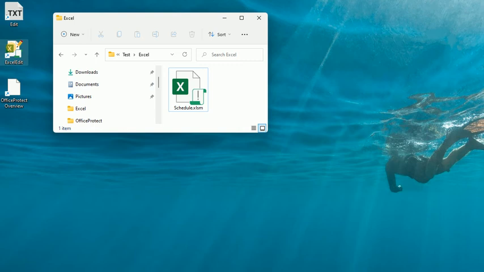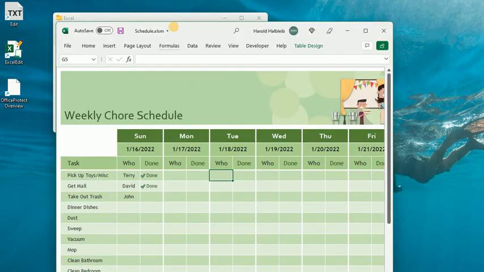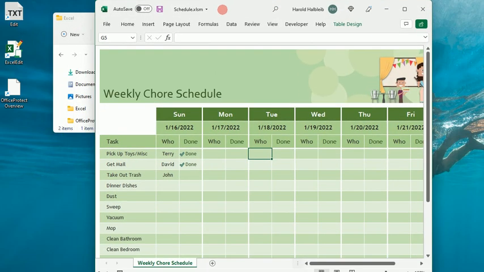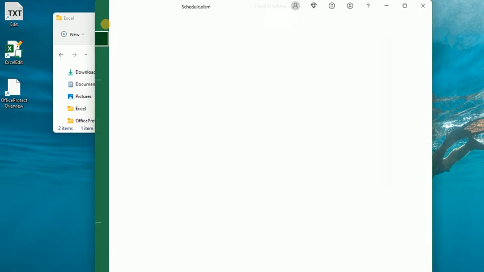This short video demonstrates the ExcelEdit tool. This tool comes with Office Protect. You can use this tool to determine what menu commands show up on the File menu when editing an Excel document. If we open up an Excel file, we can look at the current selection of menu commands on the